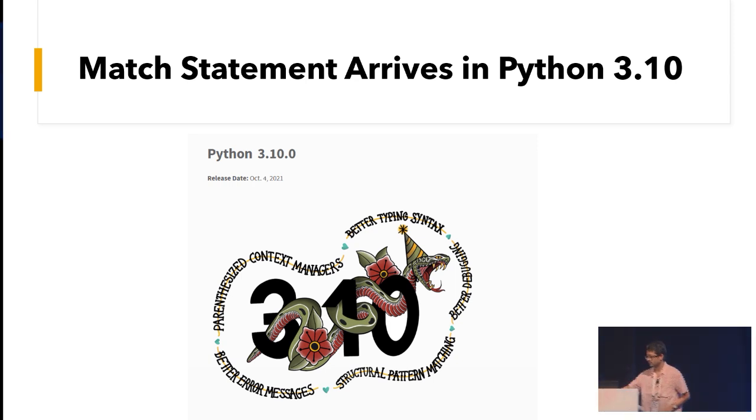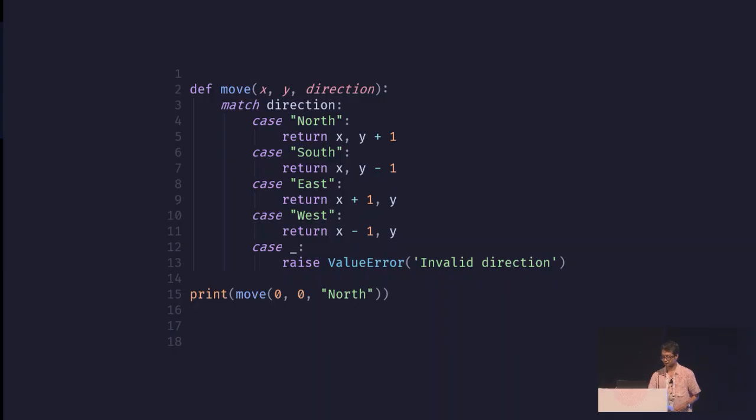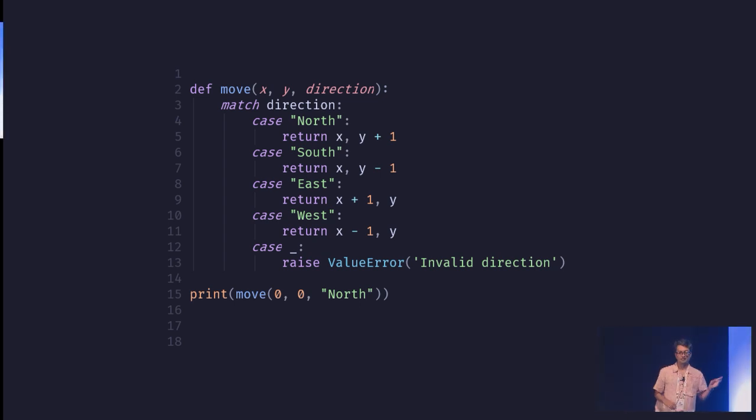And when I went online and took a look, there were a lot of examples like this. This is an example where the code has a variable direction, and depending on the value of the direction, like north, south, east, west, it will execute or return the calculation below. And a lot of tutorials on the internet were like, oh, now switch case statement comes to Python. This looks like switch case, right?